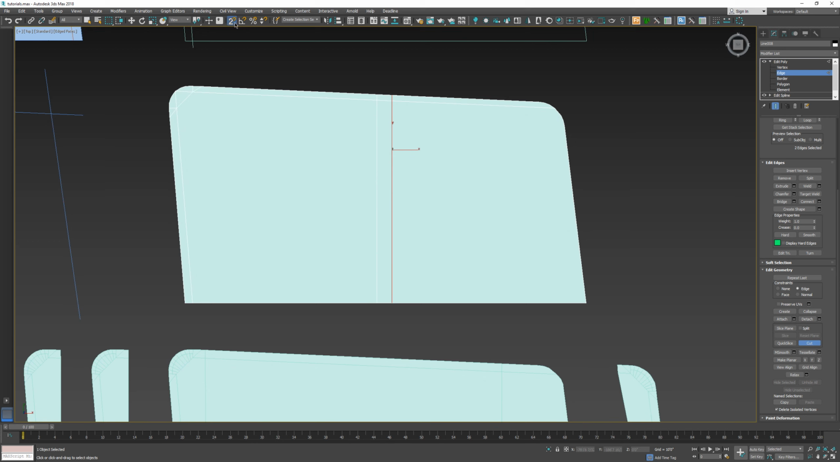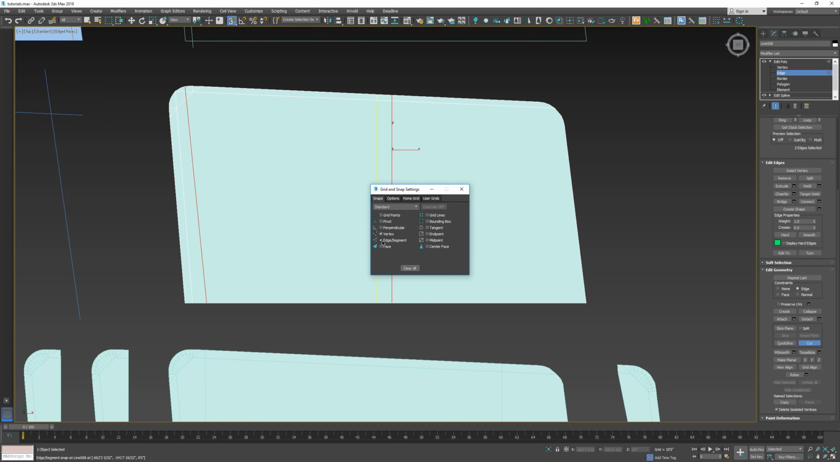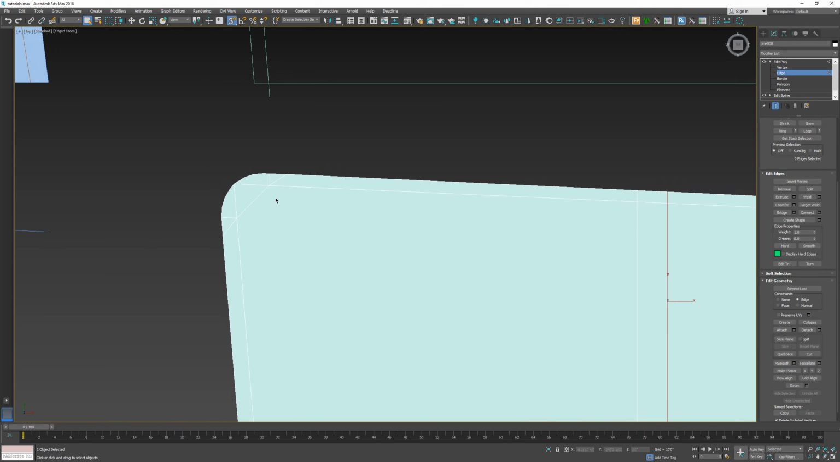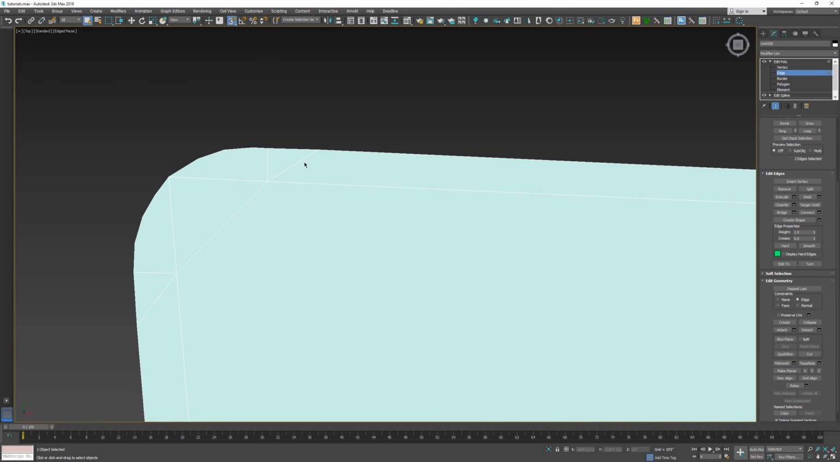What I like to do is turn on my snaps. I'll turn on 3D snaps and just cut from vertex to vertex. You can even try turning on your edge and your vert snaps. A lot of times that will help with these cutting operations. But with that being said, just start cutting in the detail